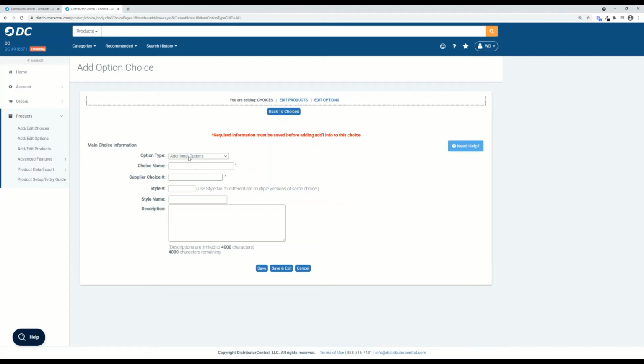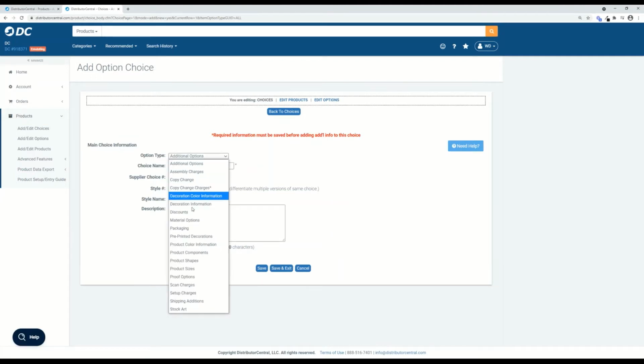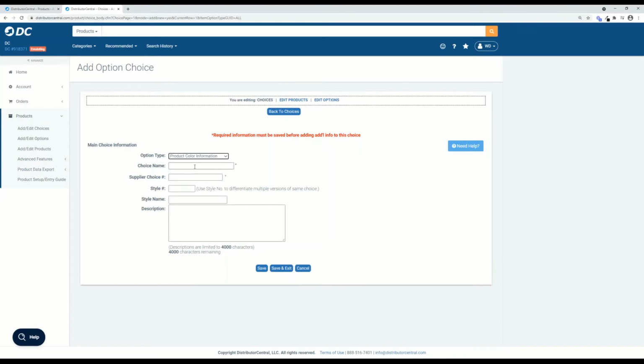And then I'm going to change the option type. So I'm going to do the colors first. So I'm going to come down to product color information. Choice name, I'm going to start out. So we'll do blue, blue. And then for the style number, what I like to do